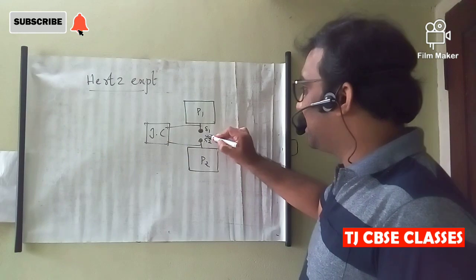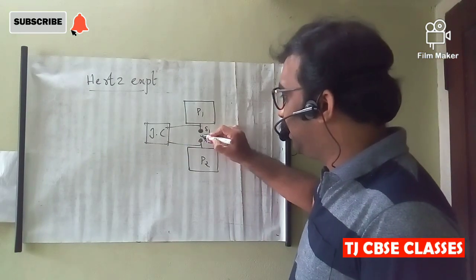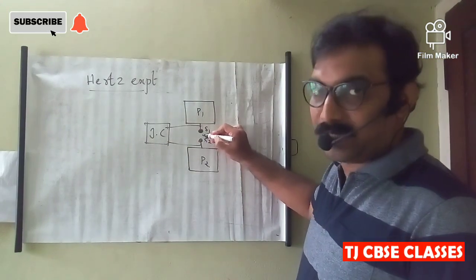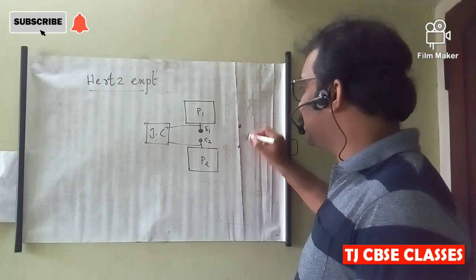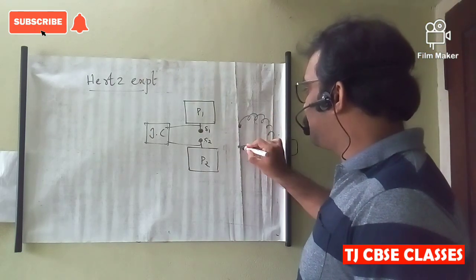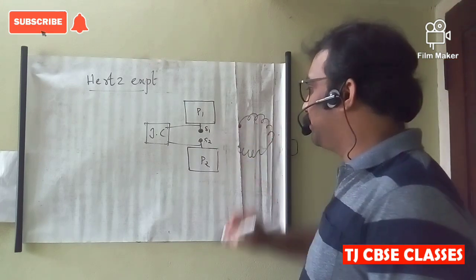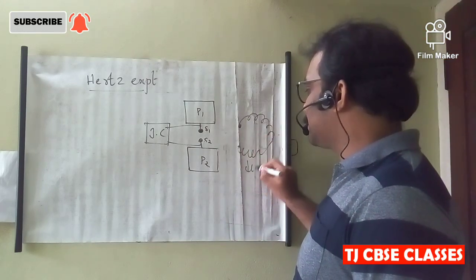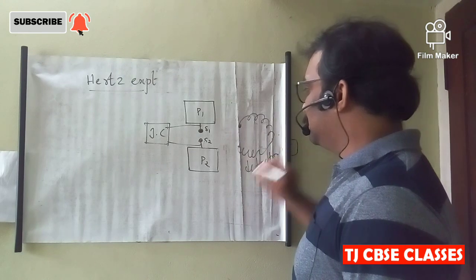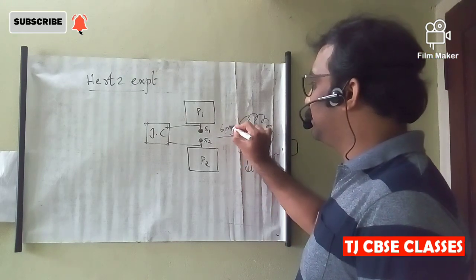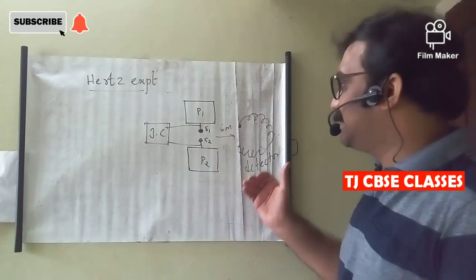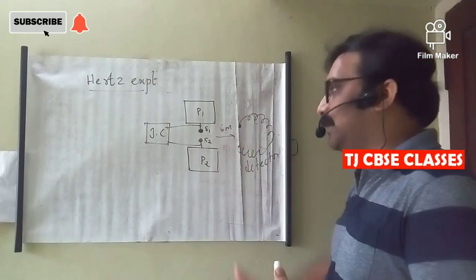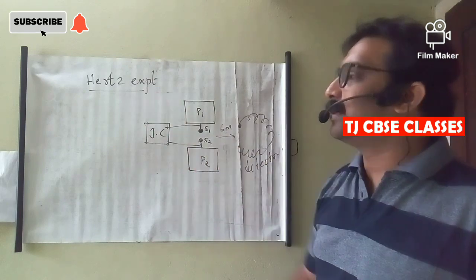That may produce a high shock, a spark between S1 and S2, and this can be detected by the detector, which consists of a sphere connected to a single loop. This is known as the detector. The presence of electromagnetic waves can be detected up to 6 meters. This was the Hertz experiment.